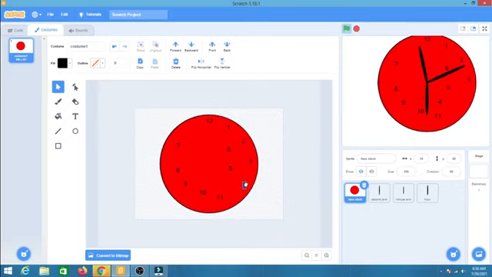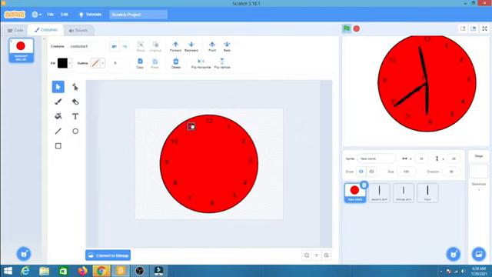Number 4, place it over there. Number 5, place it over there. Number 6, place it down there. Number 7, place it over there. Number 8, number 9, number 10,